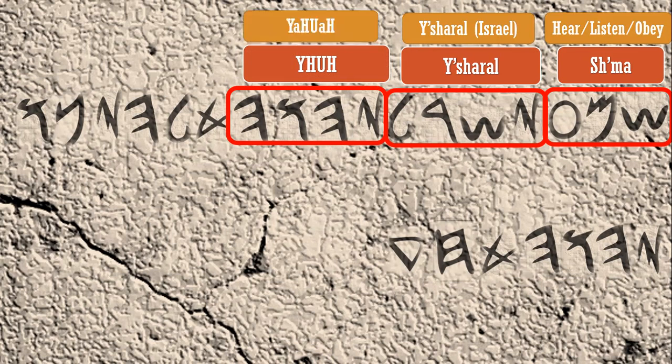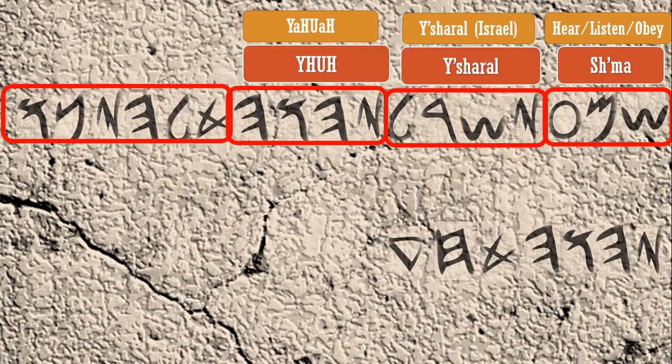When pronounced more slowly, you get YaHUaH. But in breathing the name, it's like breathing. YaHUaH, YaHUaH, YaHUaH. All right? Hopefully you could hear that just now. So Shema, Yishral, YaHUaH,